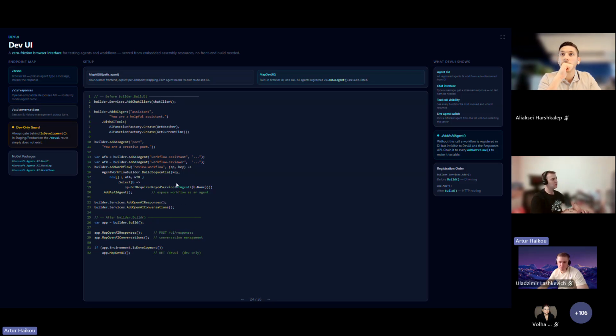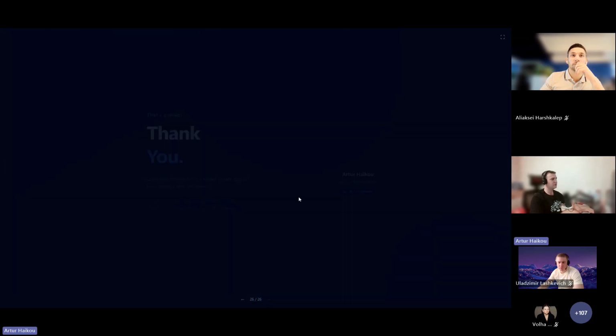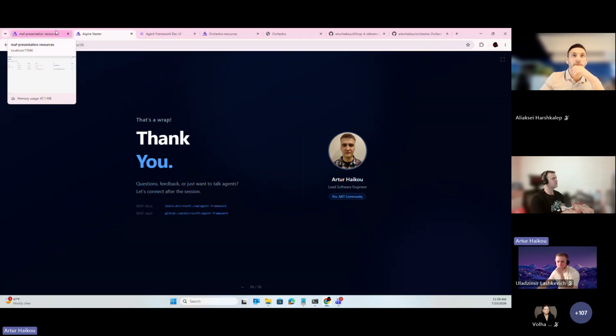But again, what you just need is to register your agent with the AsAIAgent method and add one additional line with MapDevUI, and that's all. And Dev UI will be available by this route. It's resources, and I believe we can move to different stuff.